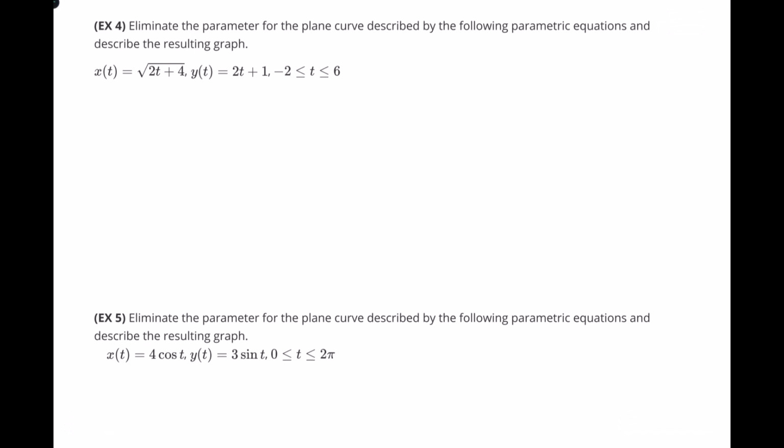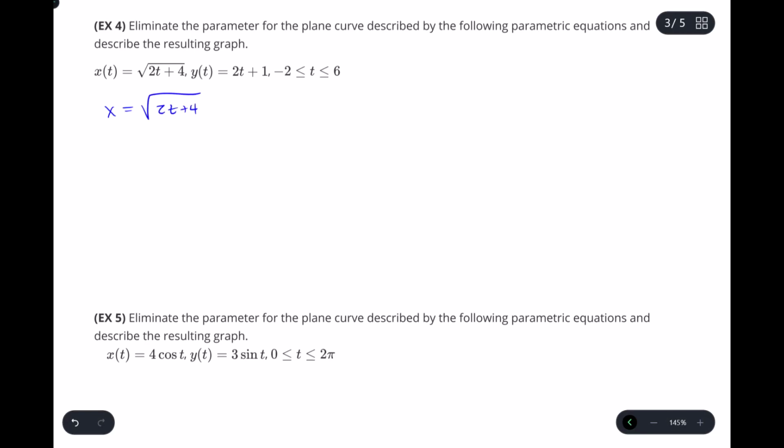In the next example, eliminate the parameter for the plane curve described by the following parametric equations and describe the resulting graph. All right, so the parametric equations here, I have x equals the square root of 2t plus 4, and y equals 2t plus 1. And you may have noticed that